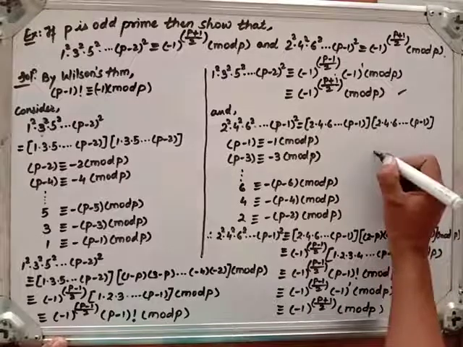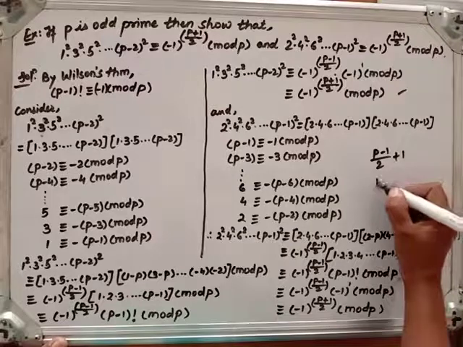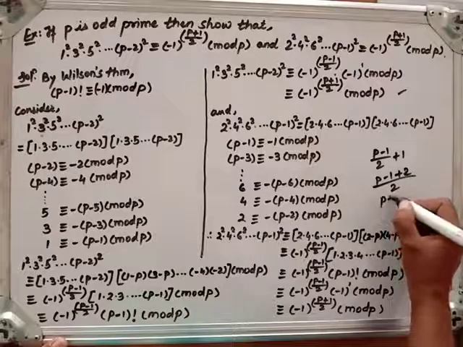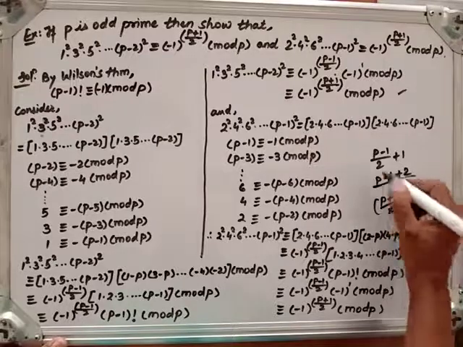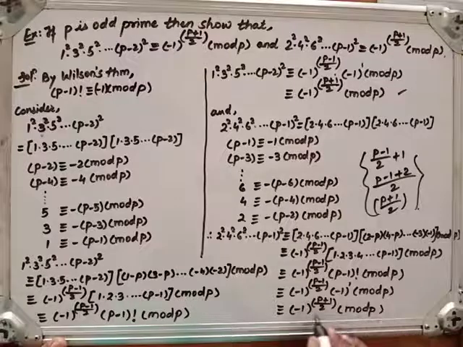Here we have simply added these indices. You should not have a doubt about this addition. So this is (p-1+2)/2, which is (p+1)/2 in both of the cases. This is the reason for that. In both of the cases this will become as such.